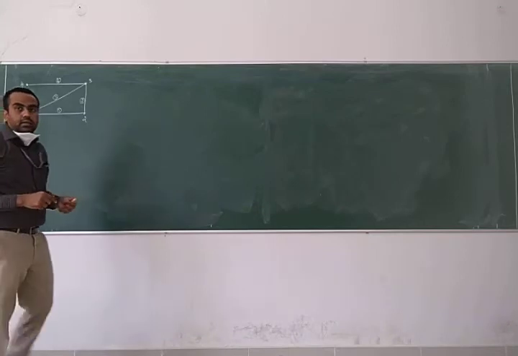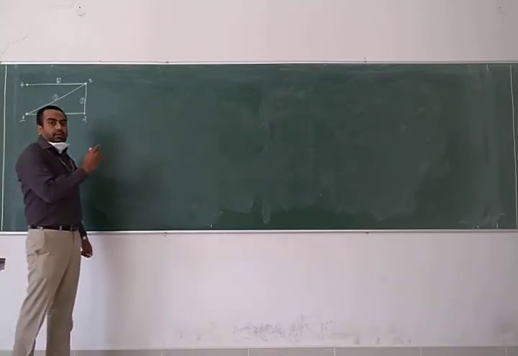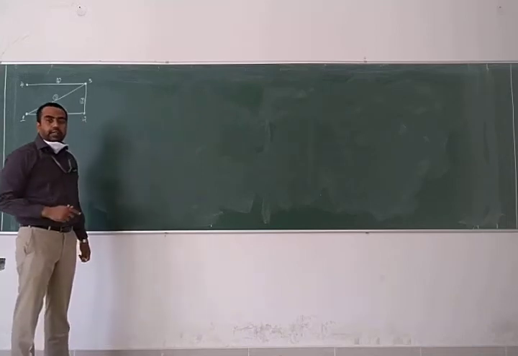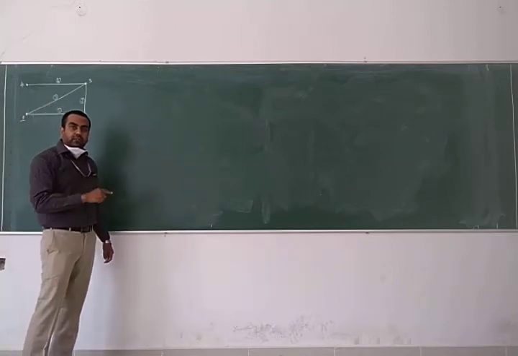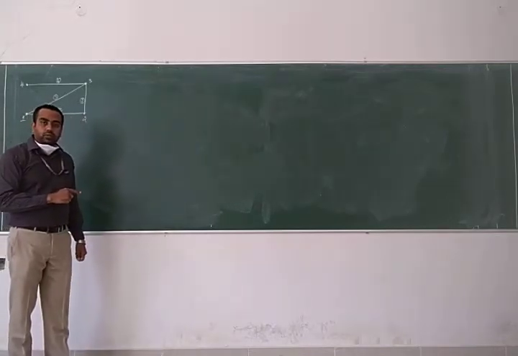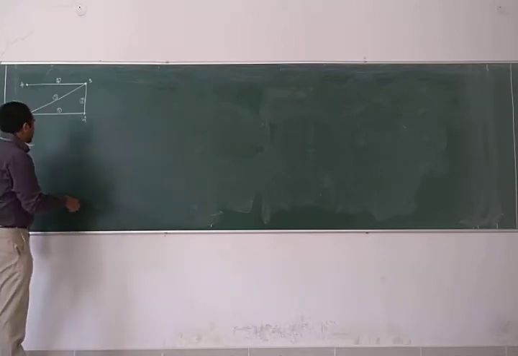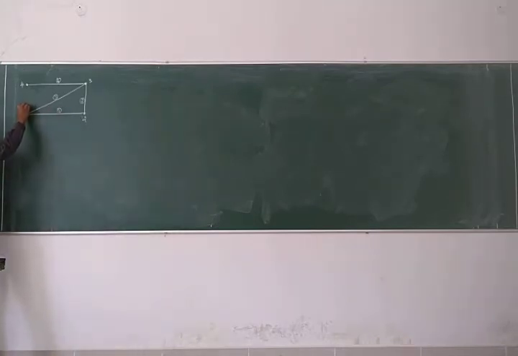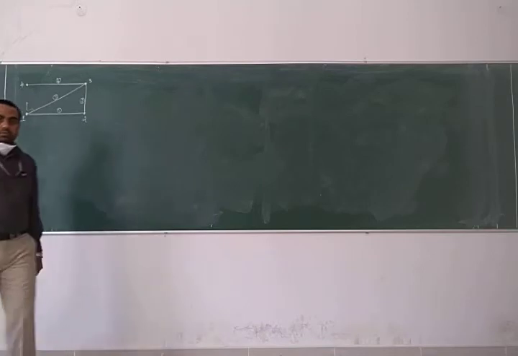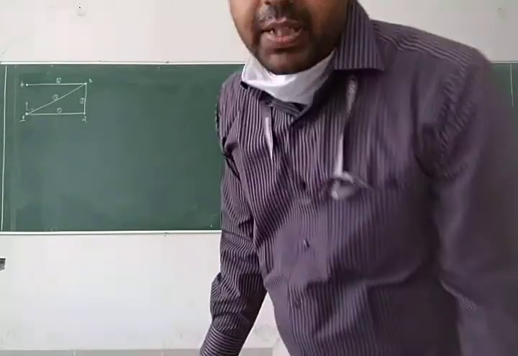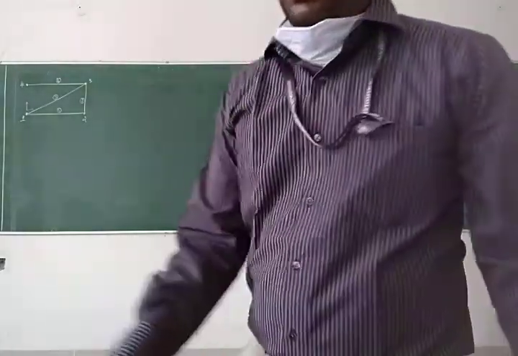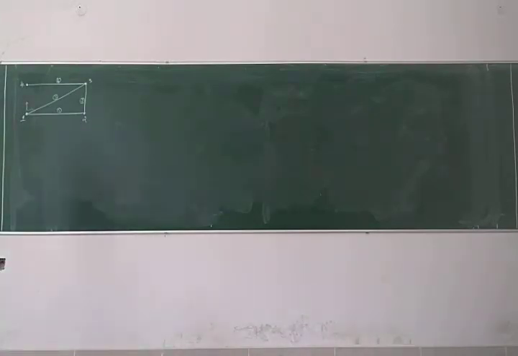As we had discussed in yesterday's class, the displacement and force along x direction will take the value 2j minus 1, where j is the node number, and the displacement and force along the y direction will take the value 2j, where j is the node number. So if I consider node 1, the value of displacement as well as force, probably the pink color chalk is not that visible, I will change it to white chalk itself.